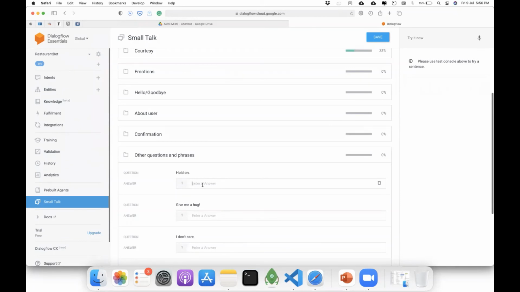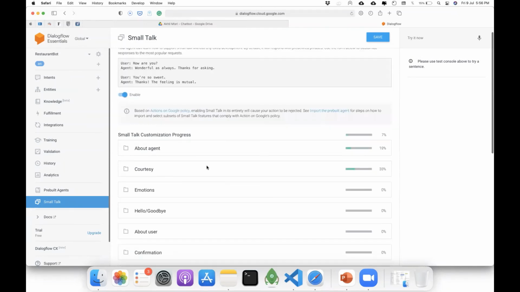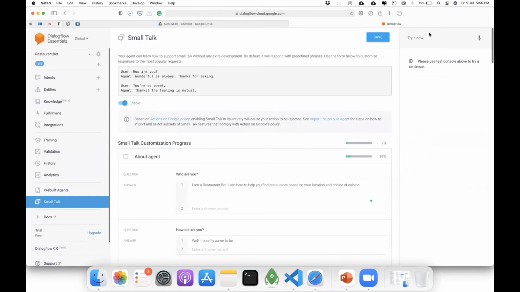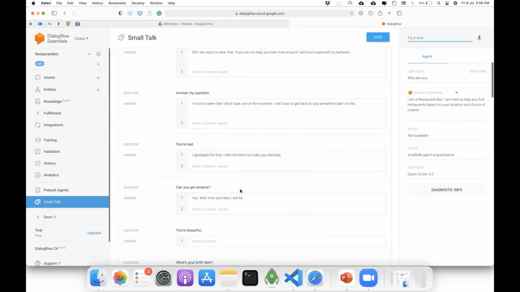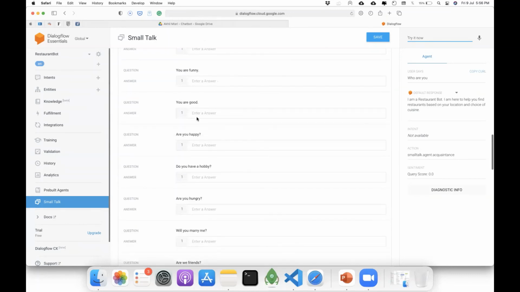So let's say if I type something here, and if a user is entering "hold on," it will respond. Let's try this out, right? See if this works. It's been a while since I built this bot, so I'm not really sure if it will work. Let's see. Who are you? I'm a restaurant bot. So let me see if I have